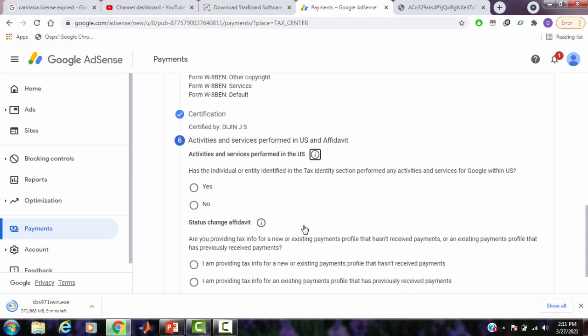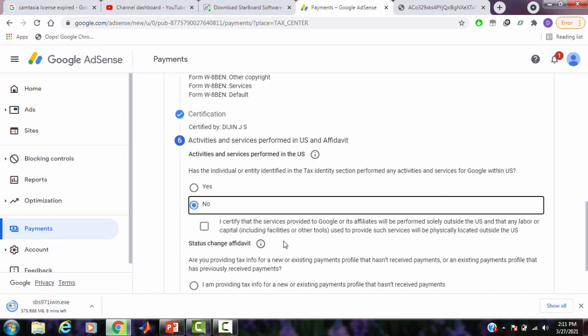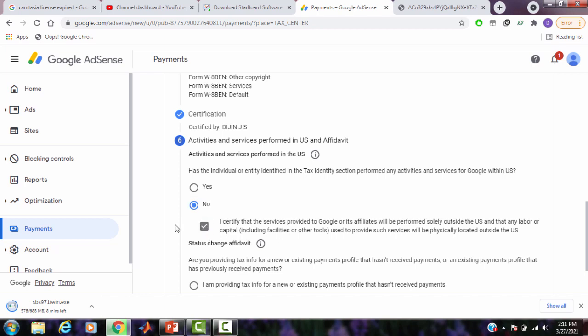Next is activities and services performed in the US, and affidavit. Has the individual or entity identified in the tax identity section performed any activities and services for Google within the US? You select No. Click on the box below: "I certify that the services provided to Google or its affiliates will be performed solely outside the US."